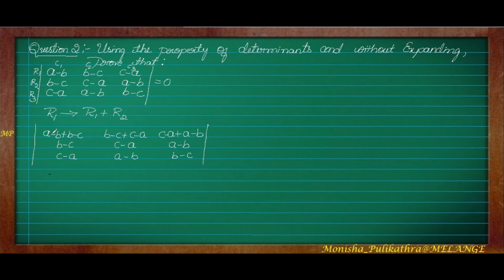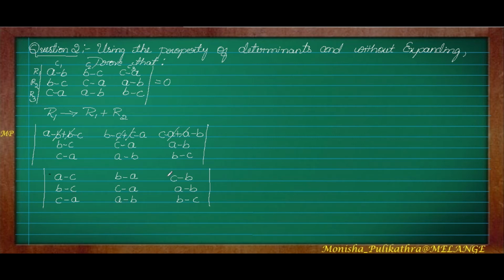So in this determinant, what happens is plus A minus B plus C minus C and plus A minus A cancels. So remaining is A minus C, B minus A, C minus B, B minus C, C minus A minus B, and C minus A minus B, and B minus C. There is a slight variation between the first row and the third row, because in the first row it is A minus C, here it is C minus A, here B minus A, and here it is A minus B.